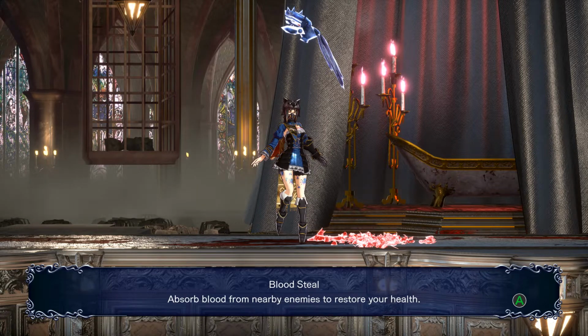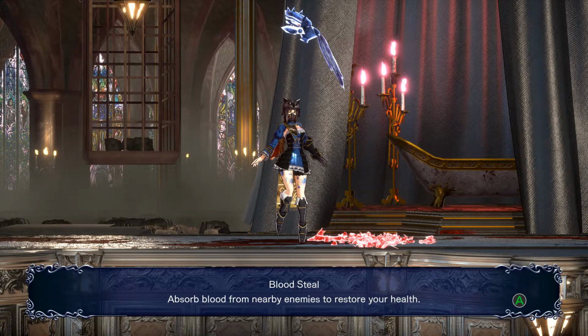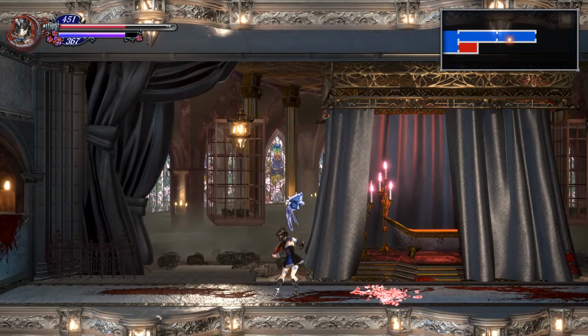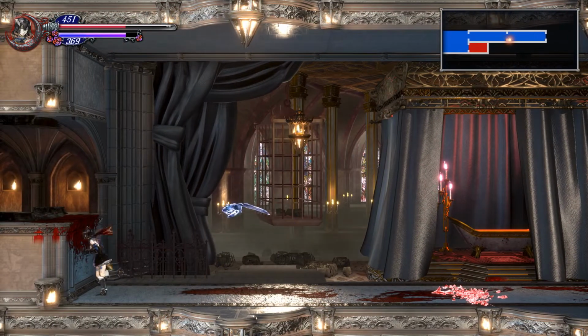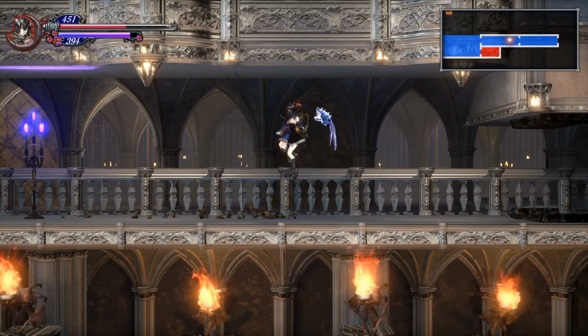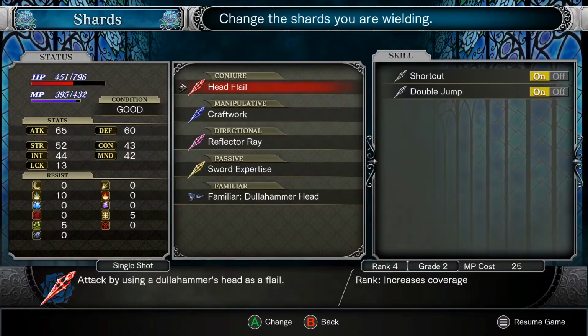Well, that might just be the ticket, ladies and gentlemen. Blood steel. Hell yeah. Look at that. I'm gonna guess what I'm gonna do. I'm gonna go save. Hell yeah. Actually, what I'm gonna do... let's see. What ability would that be? Would that be...